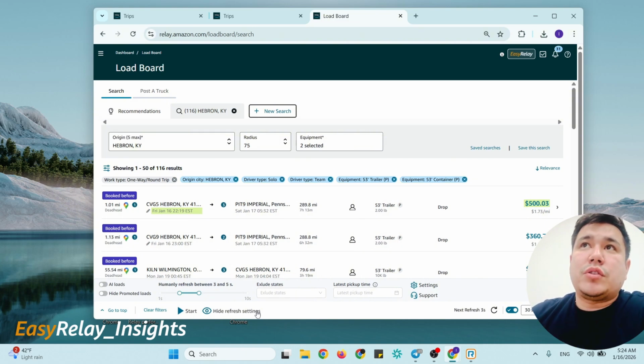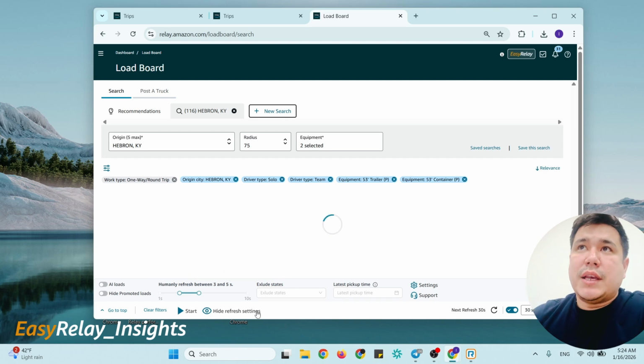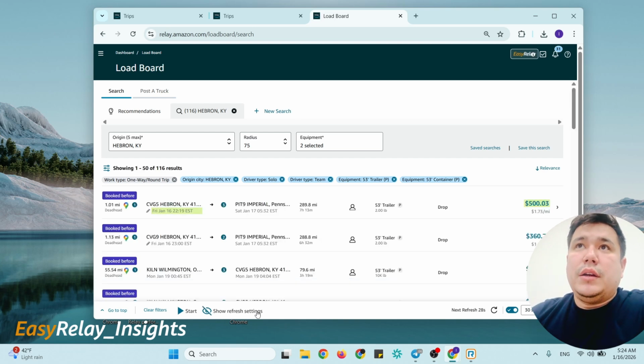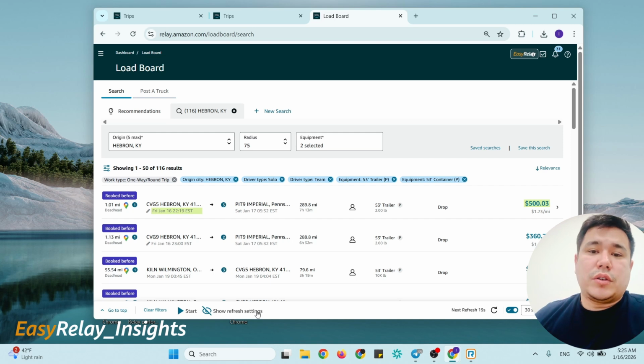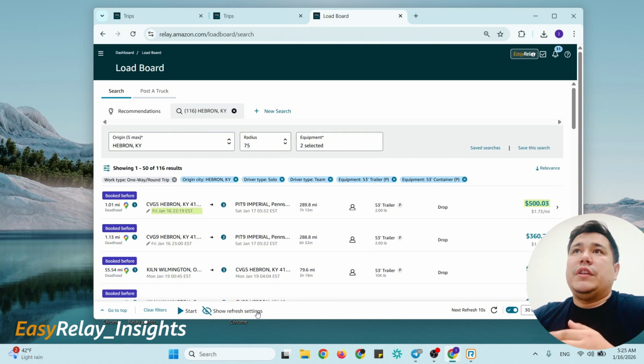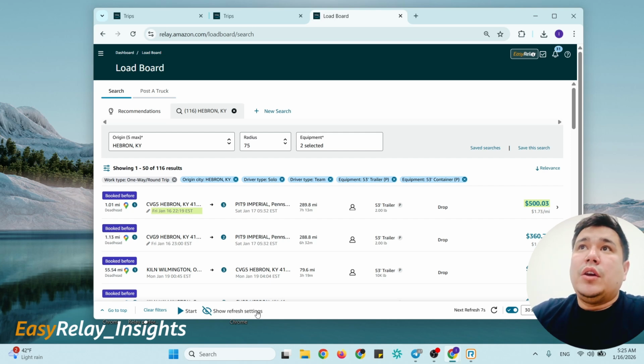But if you're gonna post a truck with three separate orders, if they can book like 2 or 3 loads at a time, like you got to post from Hebron, Kentucky to East Coast with $3 per mile, for example, or from Hebron, Kentucky to Dallas, Texas, or Texas area, like $2 per mile. Or if it's going to West Coast like California, you're going to post like minimum rate per mile is $1.8